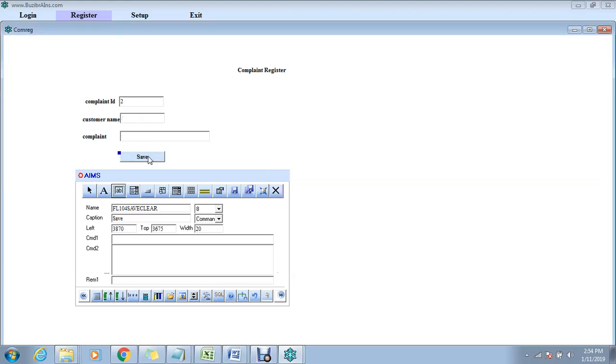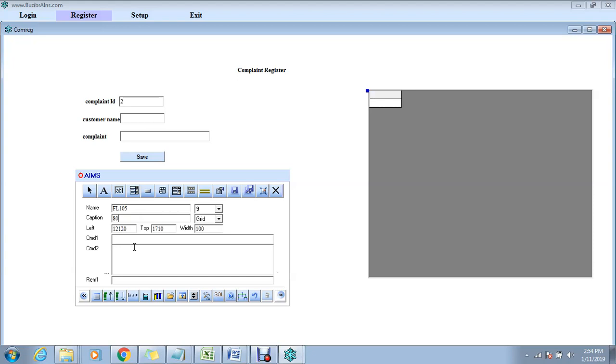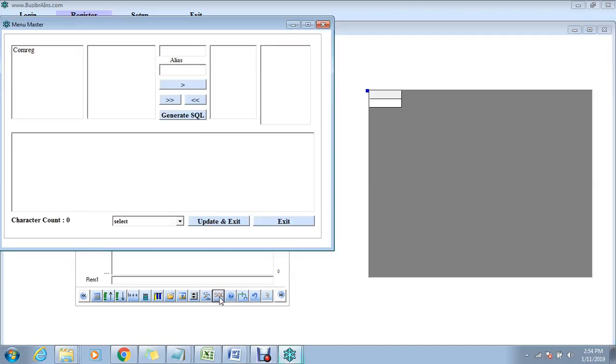Now I want to know what is stored in the database. For that I'll create a grid. I'll place it here. I increase the width. Only in grid, caption will act as a height. Now I need to fetch the data from the database. For that I click on SQL.